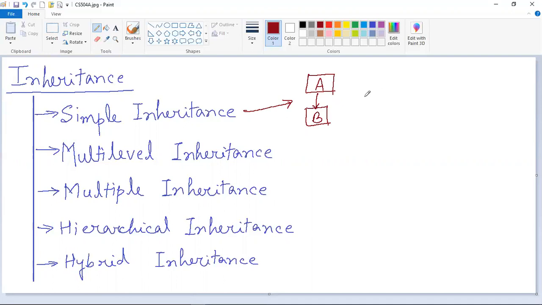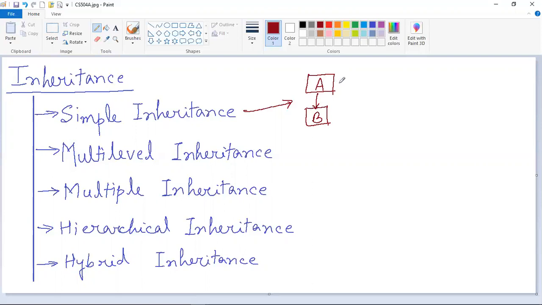So the properties or characteristics mean, in terms of variables or methods or the members that are there inside the A class, all of them will come into B class automatically, so that you can reuse them and you don't need to create any object in order to access the A class contents from inside B class. You can directly access them because the code reusability feature is being implemented by using this inheritance concept. So this is the diagram of simple inheritance, where only two classes are involved, one which is being inherited and another one which inherits another class.